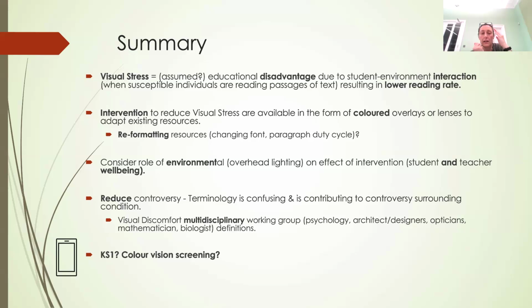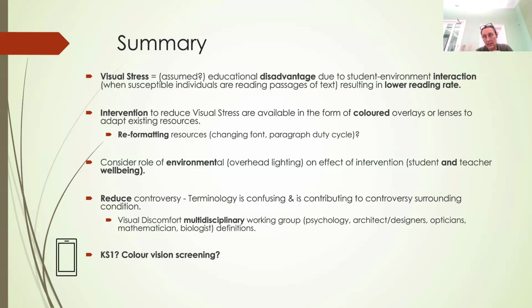So if it's a page that you need to print out, you could print it out in a colour that's less aversive, or we could change, like the Barrington Stoke publishers changed the repetitiveness of the paragraphs, etc. So we could reformat resources. We need to consider the role of environmental interactions like overhead lighting on the effect of this intervention and on student and teachers' well-being. And we need to reduce the controversy around the condition and really pull apart the terminology